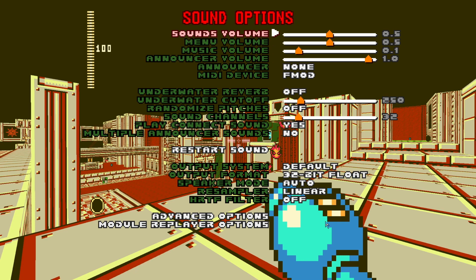So the most important ones are these 3 here. Sounds volume basically controls the sounds of the game. Everything from projectiles to props to the sound you make when you land on the ground after jumping in the air. Everything is controlled by this single bar right here, and if I move this bar to the right, the sounds become louder. So as an example, I can set this to 1.0,